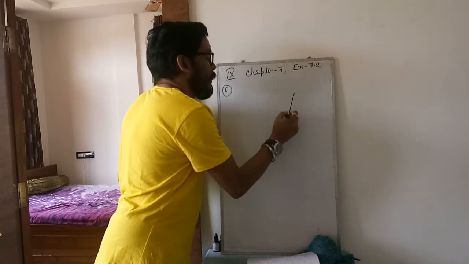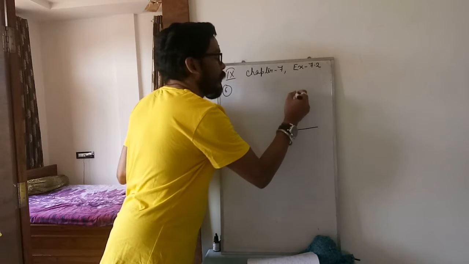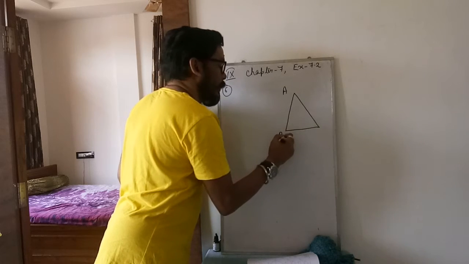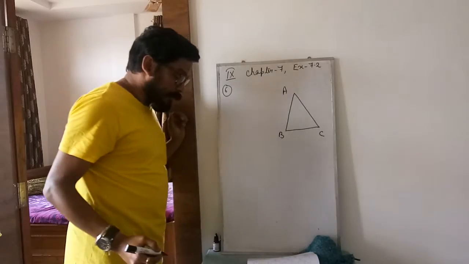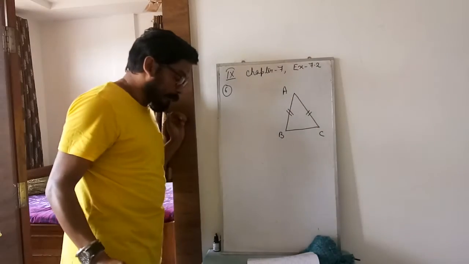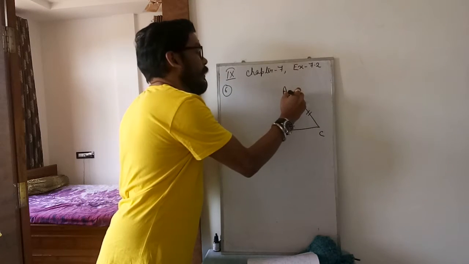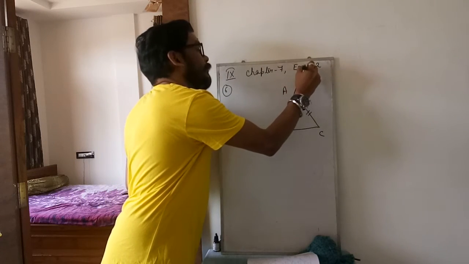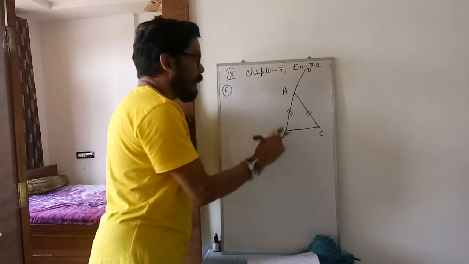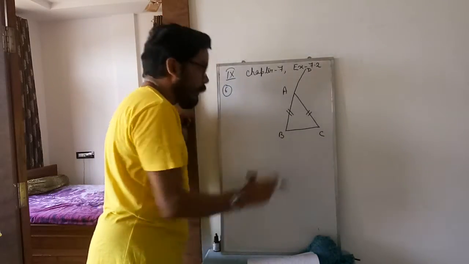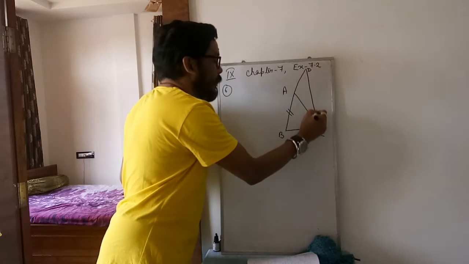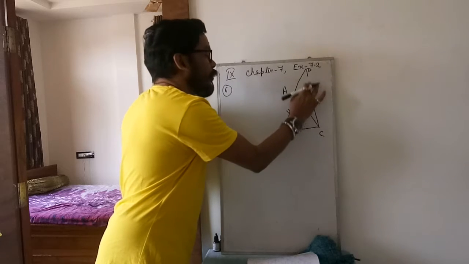ABC is an isosceles triangle. Okay, this is the triangle ABC, isosceles triangle in which AB equal to AC. Side BA is produced to D such that AD equal to AB, given. Again, these two sides are equal. I have to show BCD should be a straight line.